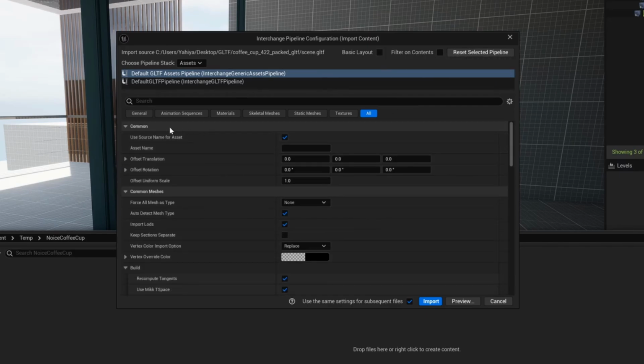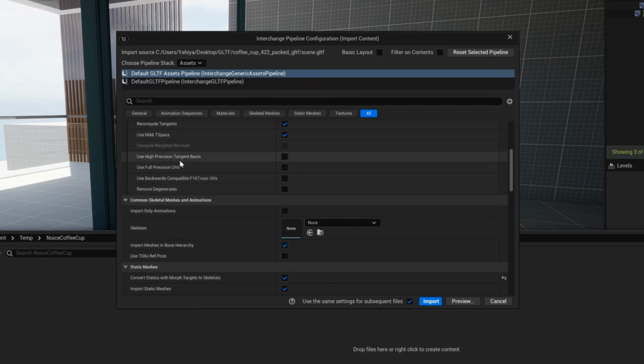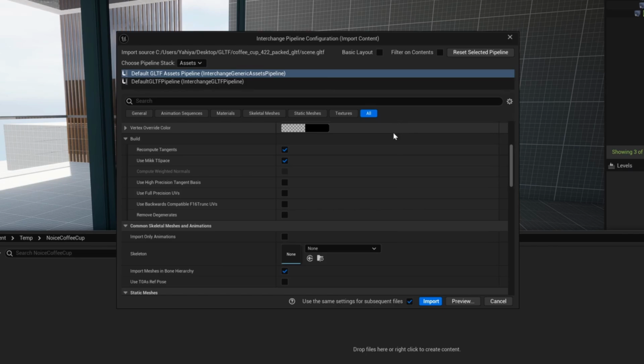Now, you can change the asset name. So here, coffee instead of scene, for example. You can offset translation, rotation, the scale. You can make it smaller or bigger. Sometimes an asset will be 10 times smaller or 10 times bigger. So all these settings I recommend checking out. Now,